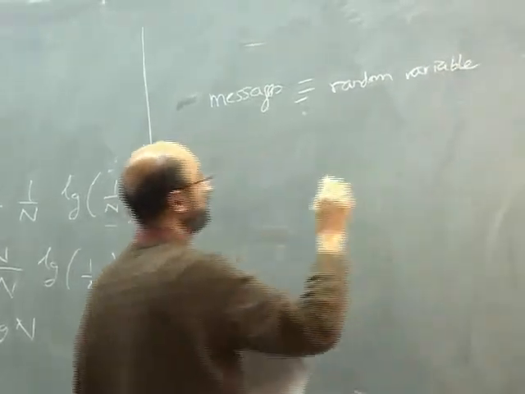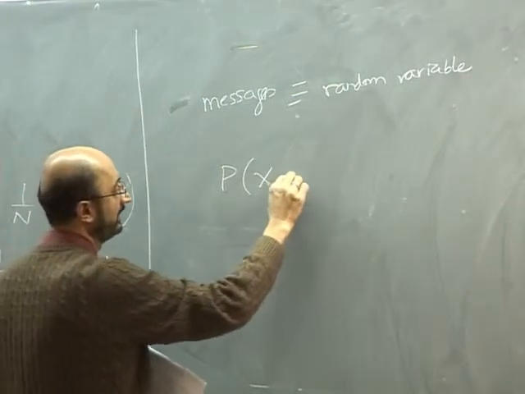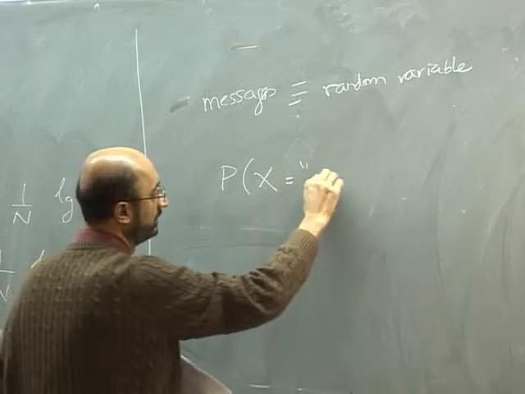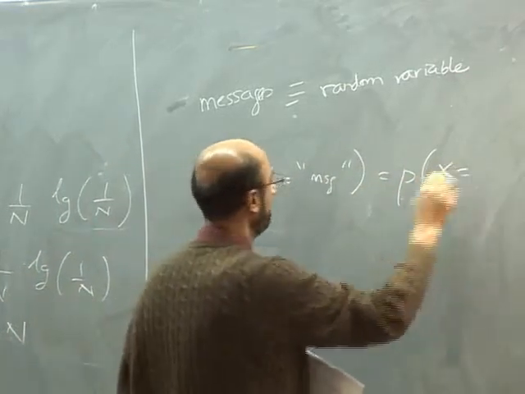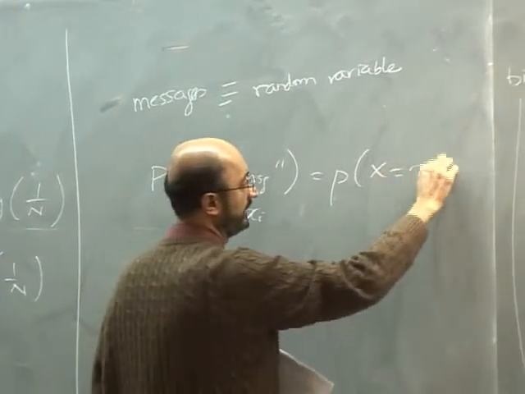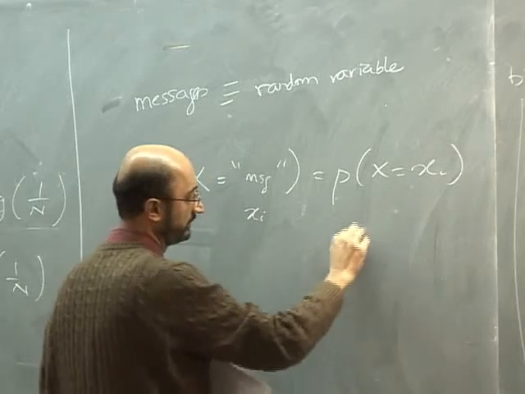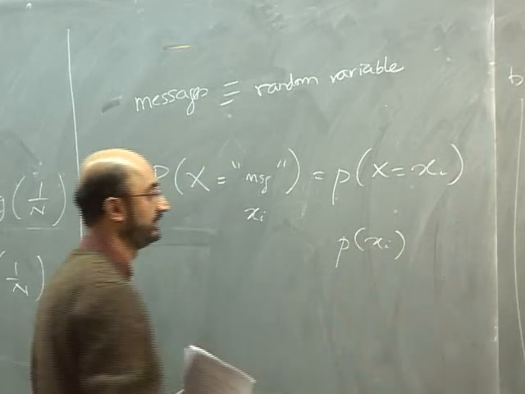In other words, we can talk about the probability that the random variable x takes on the message. We'll call that p of x, and the messages will be denoted as x sub i, so p of x equals x sub i, or you can also call it p of x sub i. These all mean the same thing. So what we're saying is